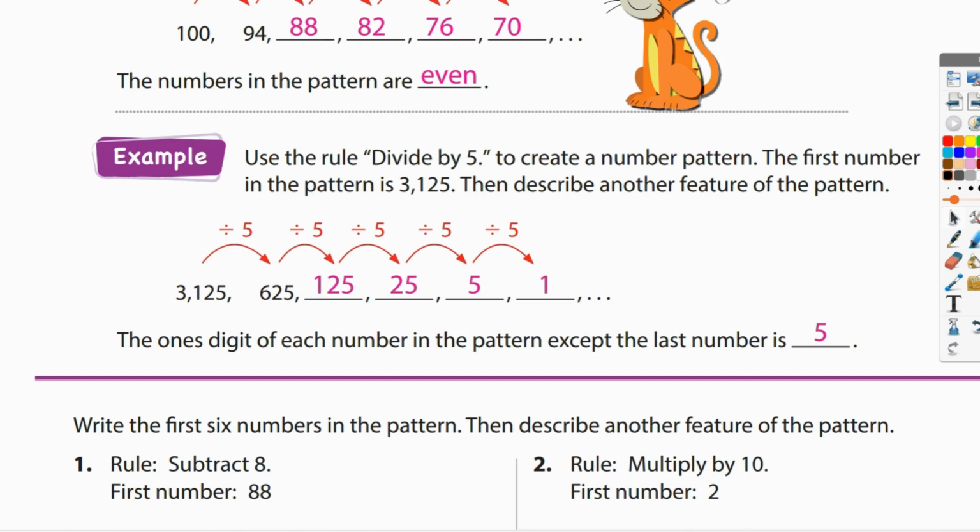The ones digit of each number in the pattern except the last number is 5. In other words, if you look at the ones places, they're all fives. So this is the ones place, that is the ones place, this is the ones place, this is the ones place, and this is a ones. And there's nothing here. So, well, that's a ones, but it's not a five. So yeah, the ones digit of each number in the pattern except the last number is going to be a